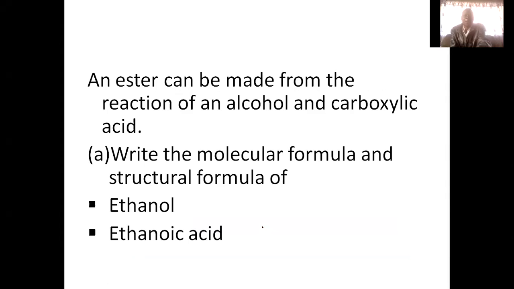Actually, the first part of the question goes as follows. An ester can be made from the reaction of an alcohol and carboxylic acid. Write down the molecular formula and structural formula of ethanol and ethanoic acid. We actually start with